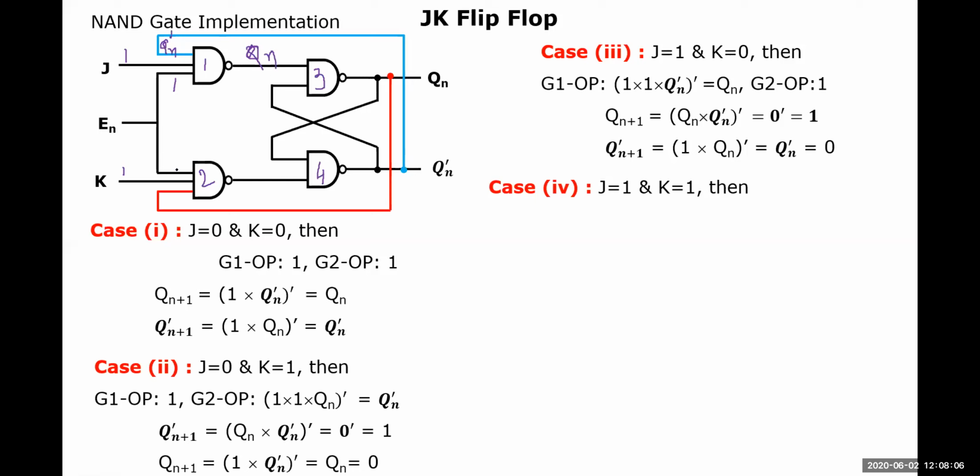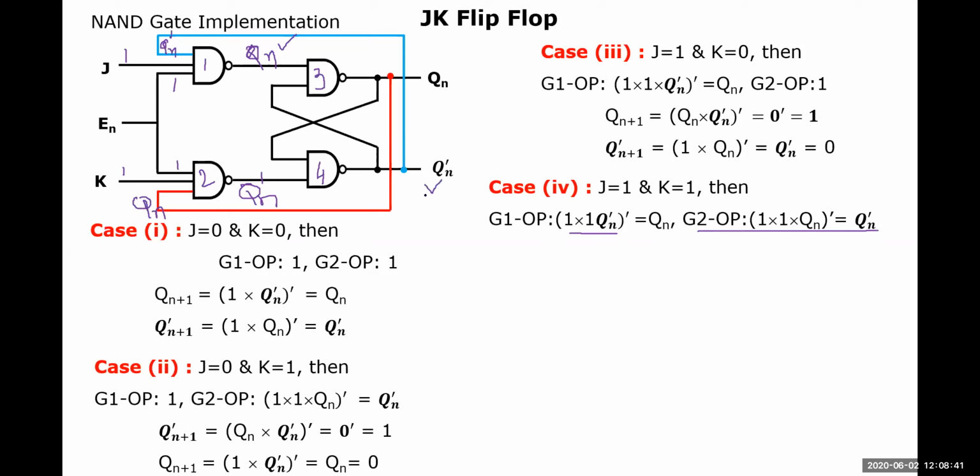Whereas if you consider here, this enable is 1, and the red line has been taken, so Qn is the input. 1 into Qn whole complement equals Qn complement. Look at this, that is what I have written here. 1 into Qn whole complement, Qn complement whole complement equals Qn. So we got the answer in the same way, and we got this Q whole complement. Now first evaluate this section, because the complementary evaluation must be done first, followed by the ordinary form.